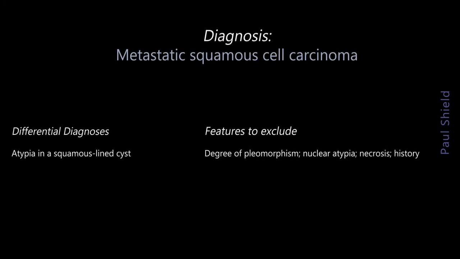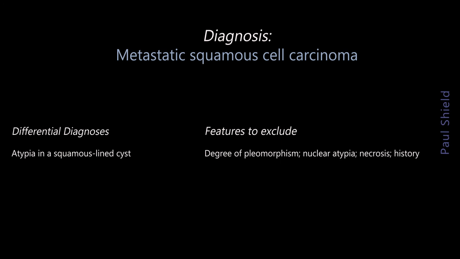What possible lookalikes would you have to consider? Well, particularly in the head and neck area, you would have to really think about and exclude some marked atypia in a benign squamous lined cyst, be that either an acquired or congenital cyst. That usually occurs in the presence of inflammation, which was lacking in this case. And we had quite a lot of necrotic debris in the background, although that again can be mimicked by cystic debris sometimes. However, there's a considerable degree of pleomorphism in this case with all those spindle and caudate cells, and